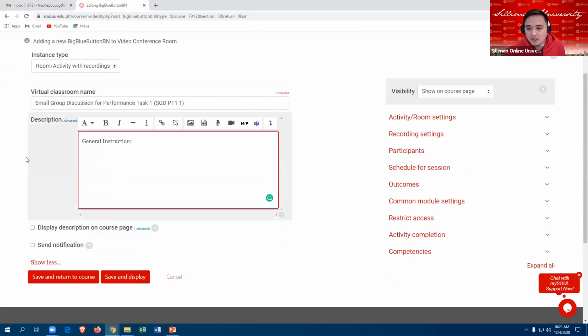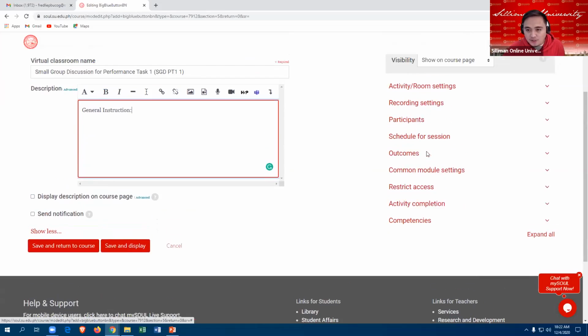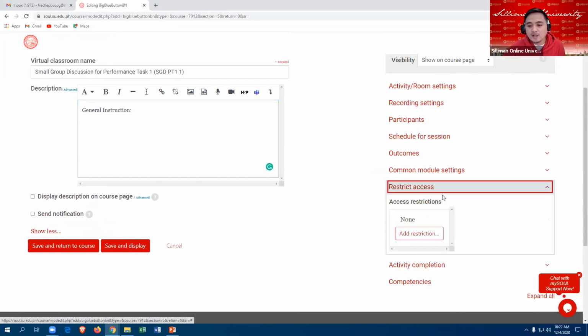And then you have here the visibility is show on course page. So it's okay. So now you are going to select the restrict access. So if you click the restrict access, you will restrict this access. So meaning this first Big Blue Button is intended only for SGDPT1.